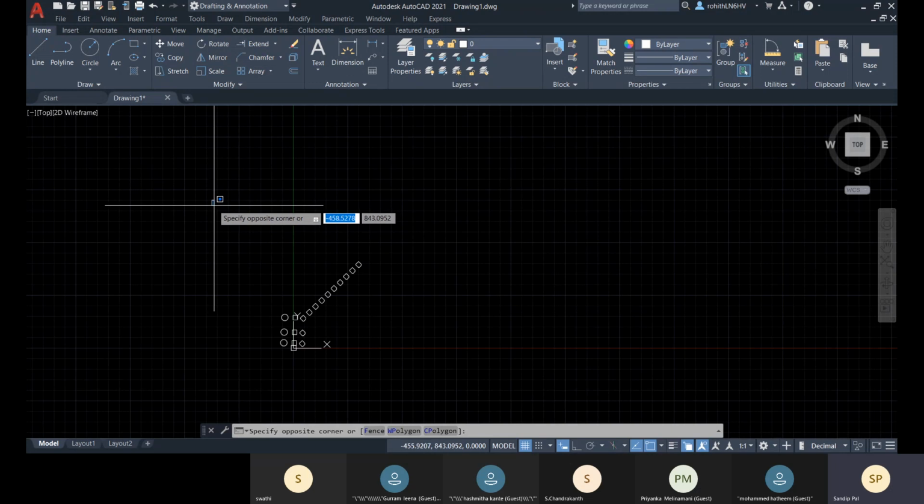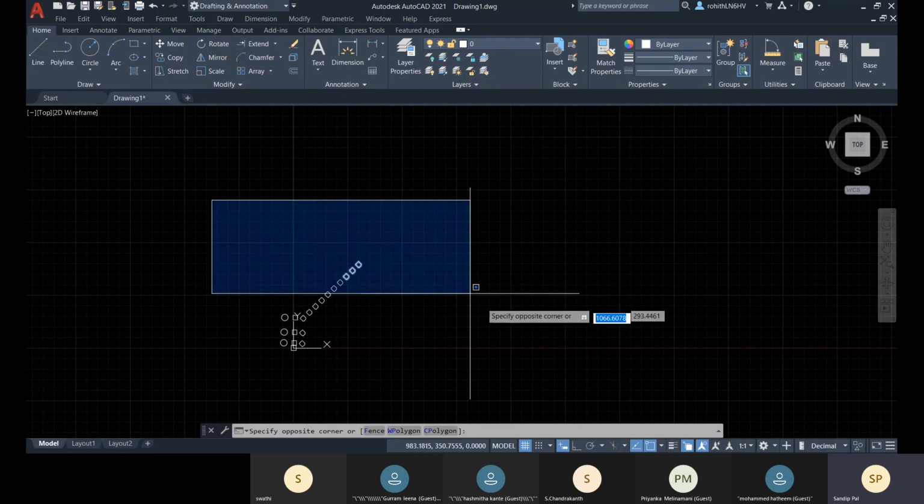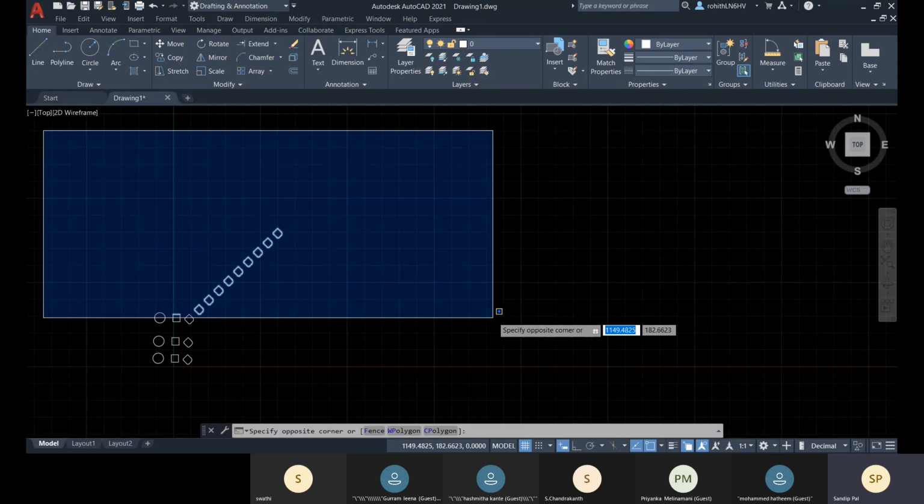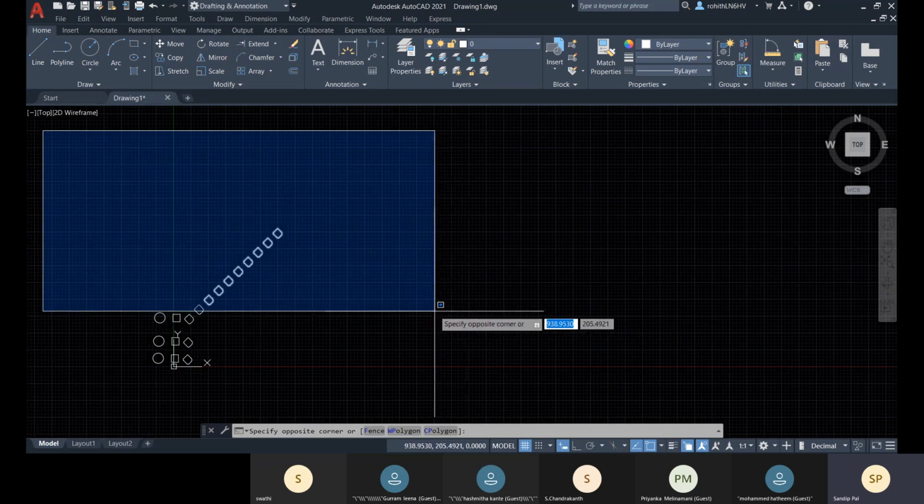Wherever you click, you have to drag to the right side, then this blue window will be formed. Make sure that the required objects for selection are covered within this window, then only those objects can be selected.